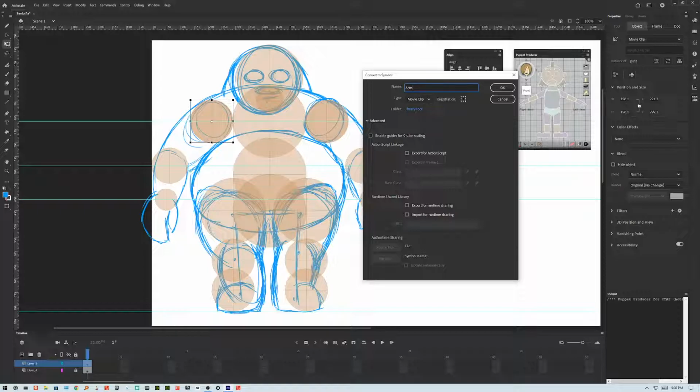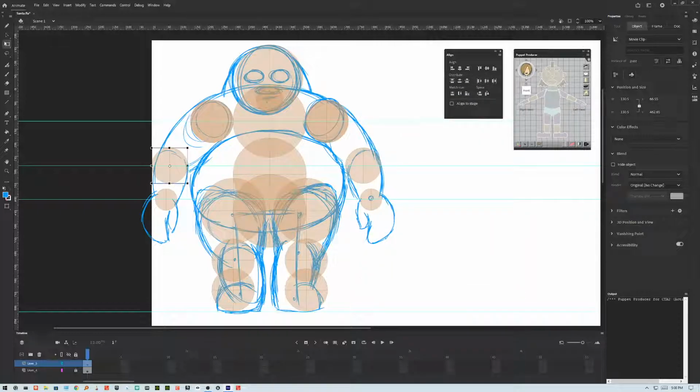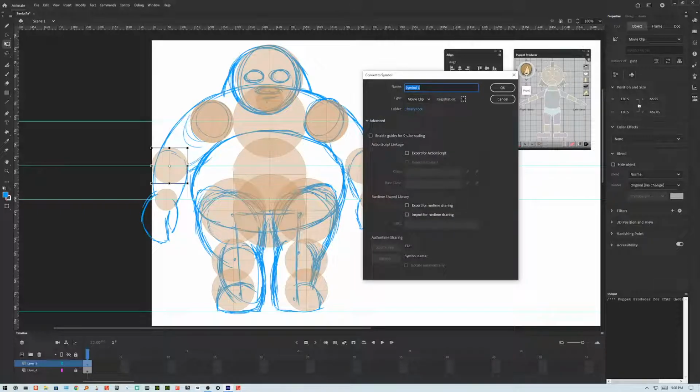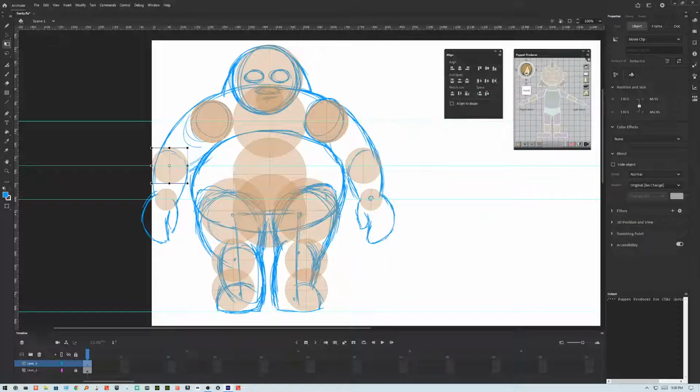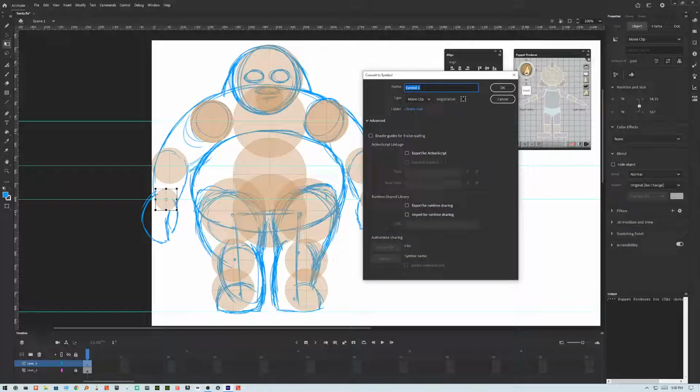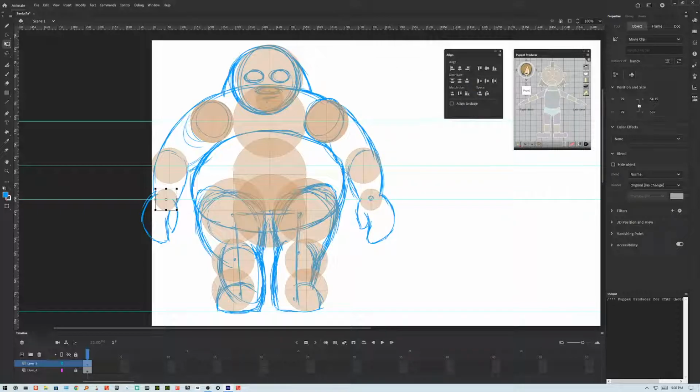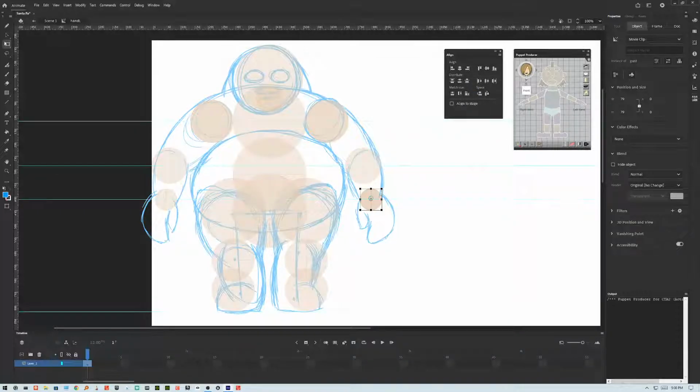Arm right. Forearm right, hand right, and okay,